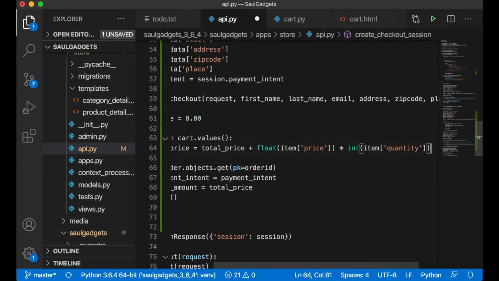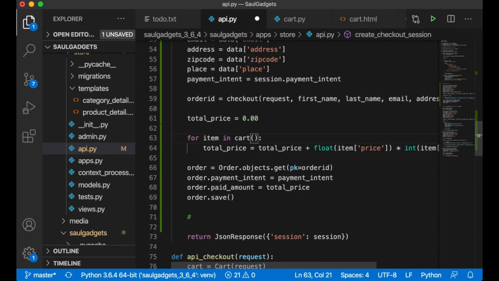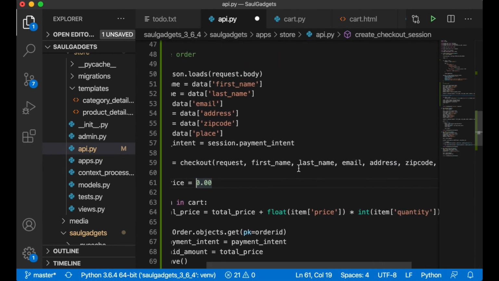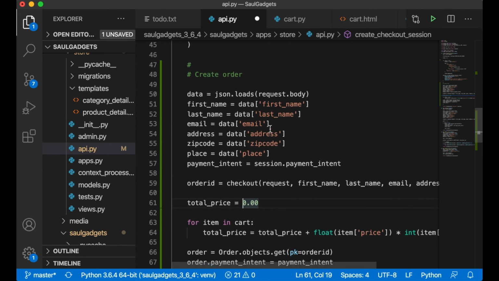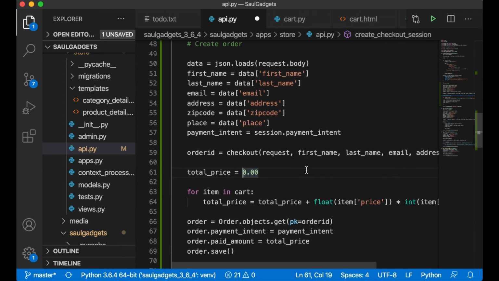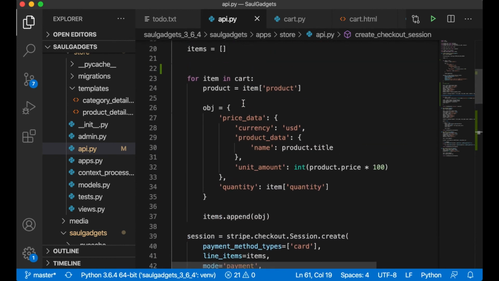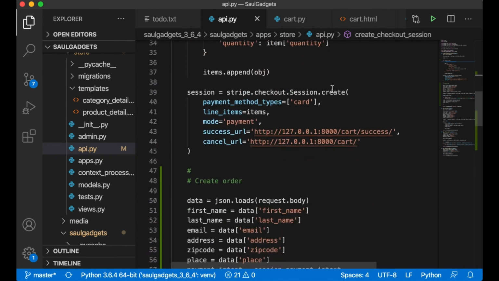Okay, I can just remove these, for item in cart. Like that. Actually, to be totally sure I do it correct, I can copy product